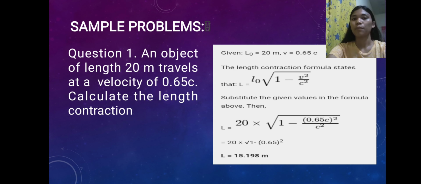Now, let's try to solve the sample problem about length contraction. An object of length 20 meters travels at a velocity of 0.65 c. Calculate the length contraction. So, since we already know the formula for the length contraction, let us now distribute the given values. So, this will give us L equals 20 times the square root of 1 minus v squared, which is 0.65 squared, over c squared, which is 3 times 10 raised to 8 meters per second squared. This will then give us the final answer of